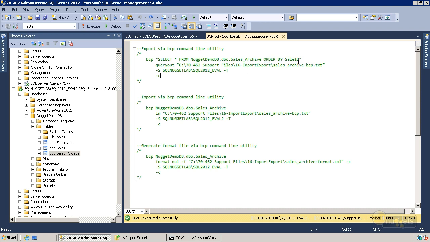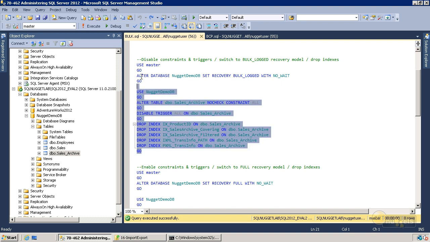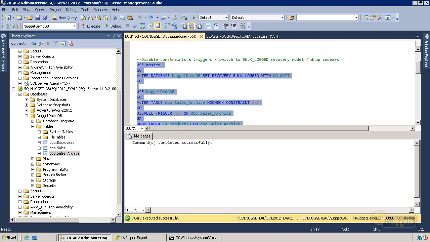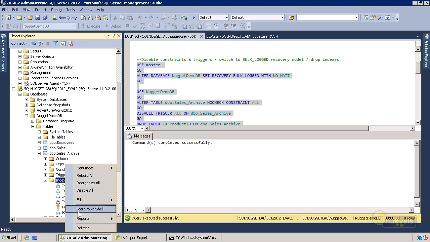So that'll make sure that our cluster index key is in order, and it'll stay in order as the data is going in to the data pages. So that's one little trick you can do. And so this will do all of that. So if we execute this, there we go. So now if we take a look at our indexes and we refresh here, they should all be gone except